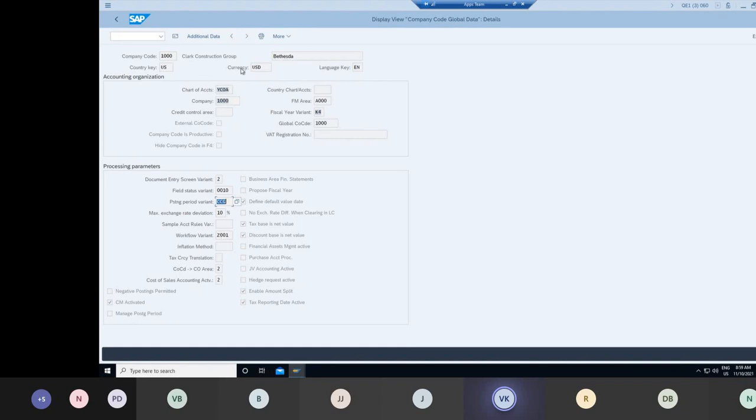But whatever we have defined, it will have the same screen: chart of accounts, company code, the company, fiscal year variant, field status variant, posting period variant. If I go to FI, /n FINC_ledger.